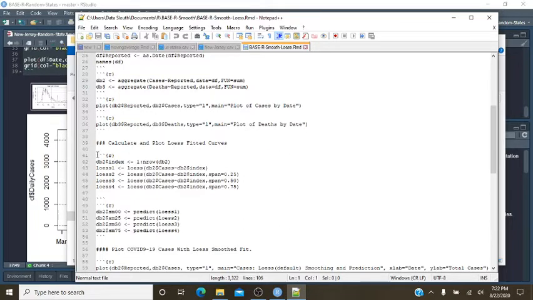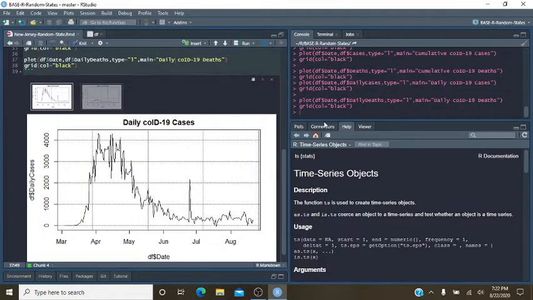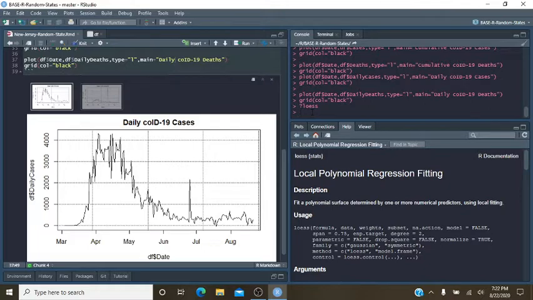Let's take this code right here. And again, all the code and the links will be in the description below. We could of course look at the code over here, but that's all right. We already got this.